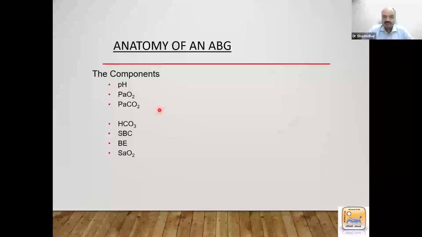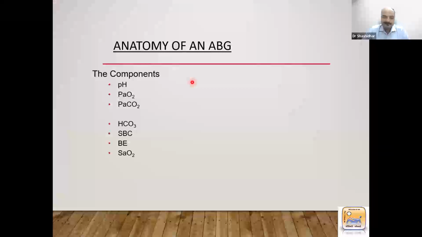So can you tell me which of them are actually measured from the blood gas? In the chat box, I'm just looking at the chat box. There's not much activity so far. So which of them are actually measured parameters and which are derived parameters? Okay, while I wait for the answers,